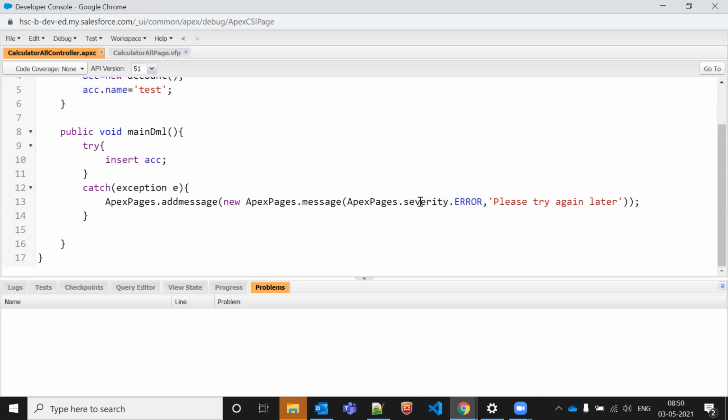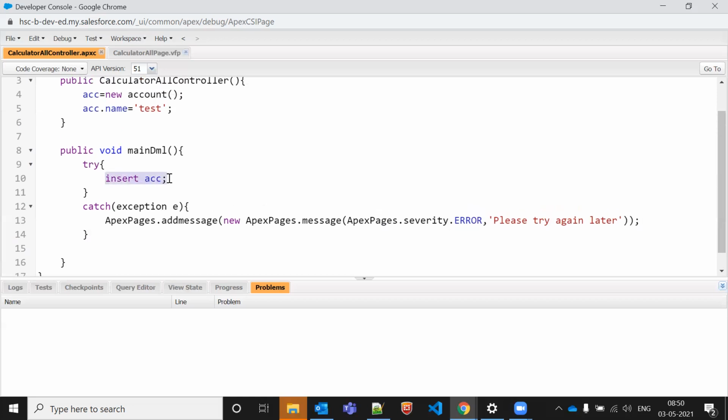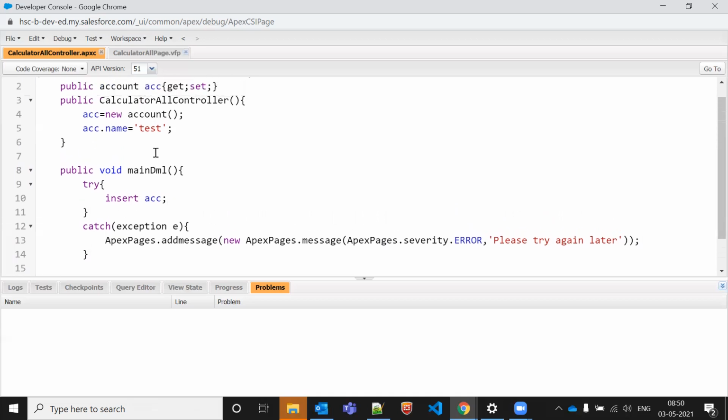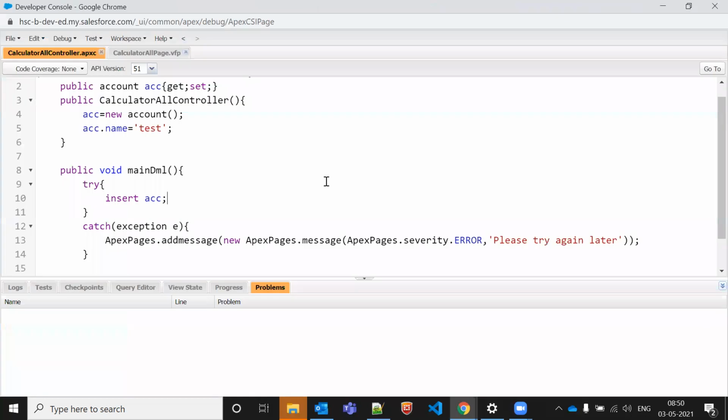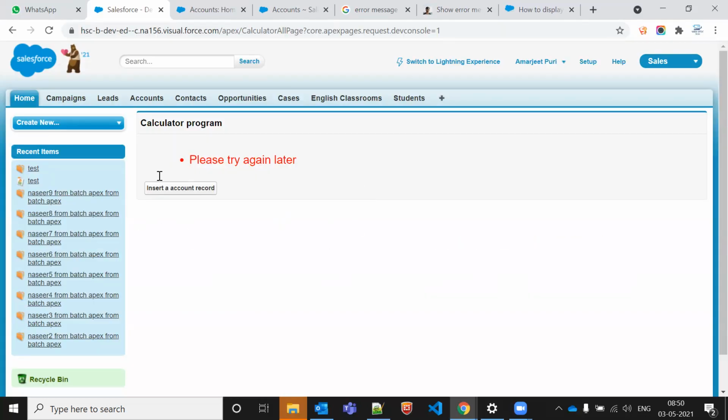Yeah, Amarjit, in Calci, you go to the Calci controller. Here in the controller we gave the account insert. When we click on the command button, it automatically inserts the account with whatever name we gave. If you want to insert other records, like the phone and the email, we have to insert other fields. You want to give some input from your side, right? That will also be done. Don't worry, we'll do it in the next session. We are going to do that one as well, so everything will be covered.